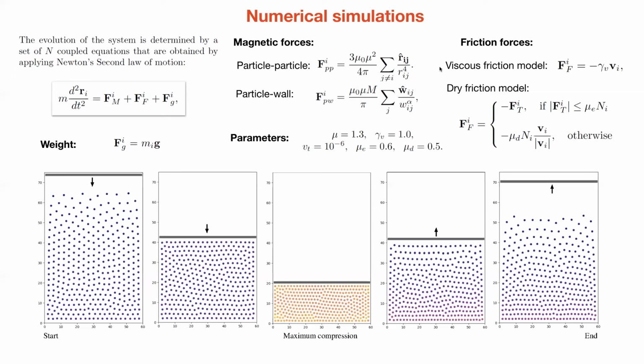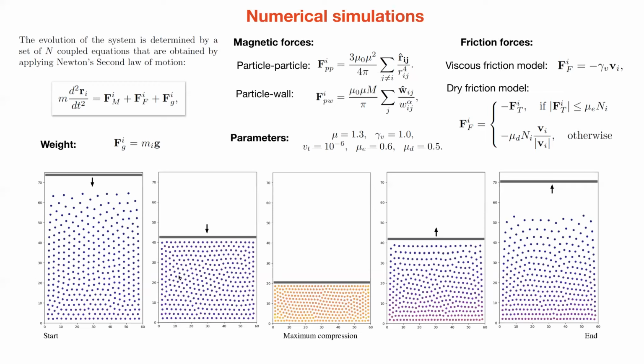But for the friction force, we propose two models. One is a viscous friction model that depends on the velocity, and the other is a dry friction model that does not depend on the velocity. So this is the case of snapshots with the numerical simulations that qualitatively describe well the standard packing